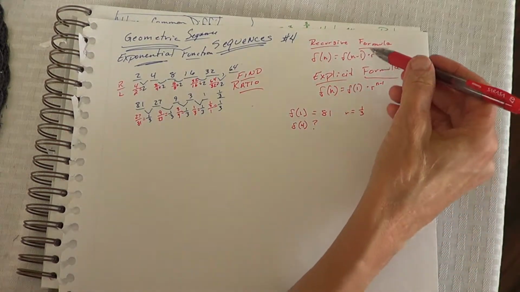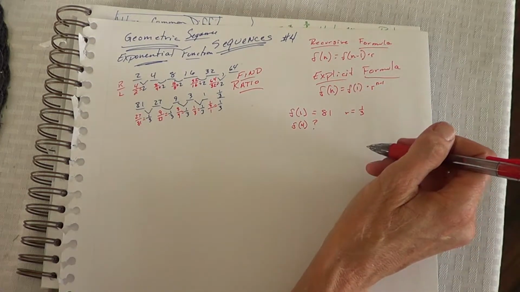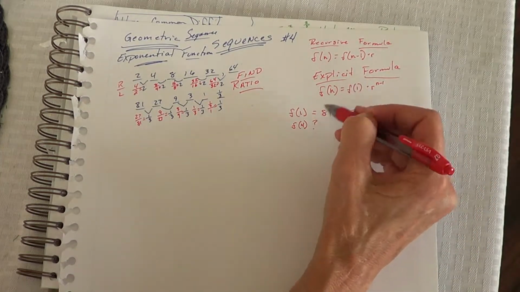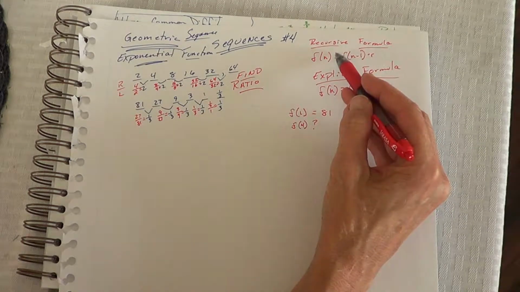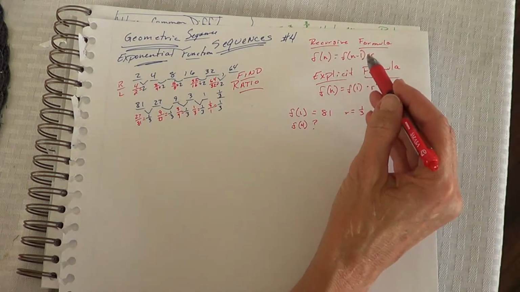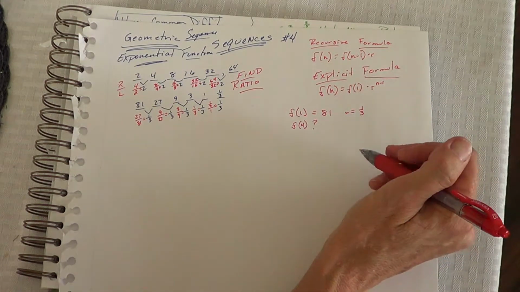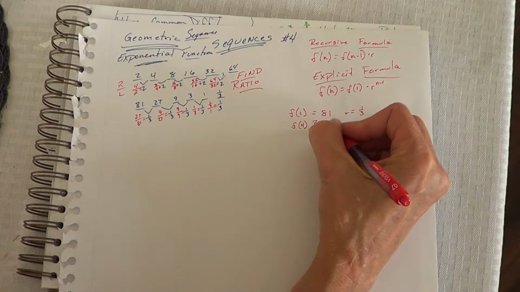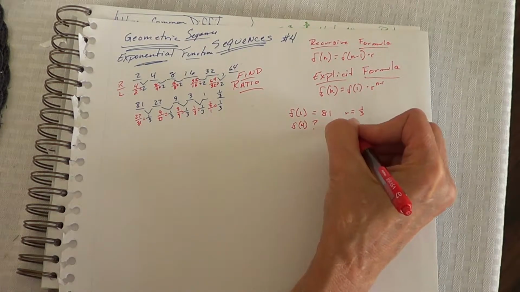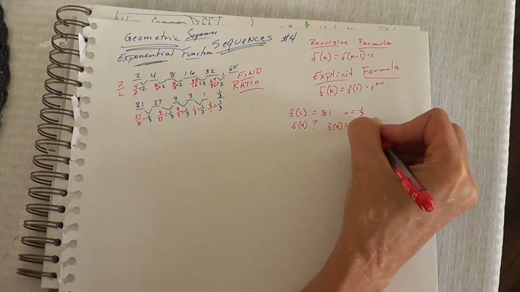Which would be your best formula to use? If you said explicit, right on, because explicit needs that first term. Why couldn't it be recursive? Well, it could be if you wanted to repeat it out to the third term, but you have to have the third term to find the fourth term with recursive. So here we go. We would just go f of 4 equals f of 1, 81, times 1/3